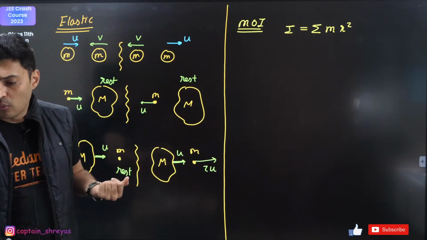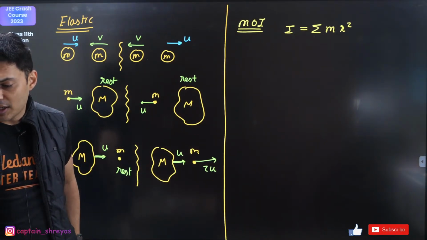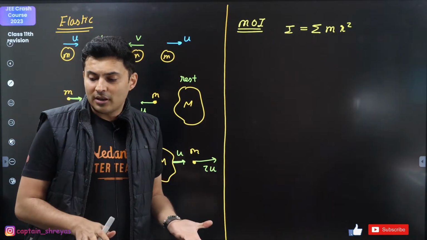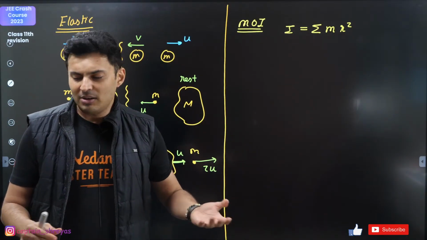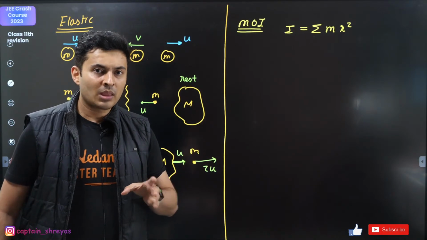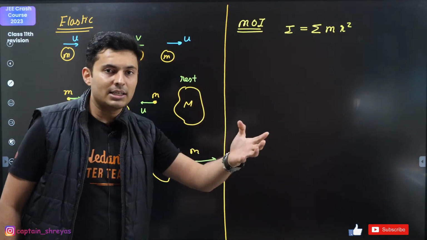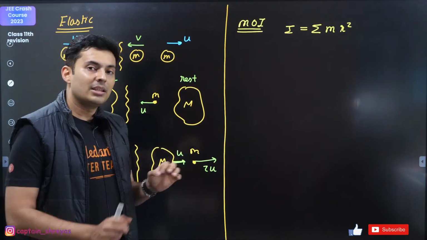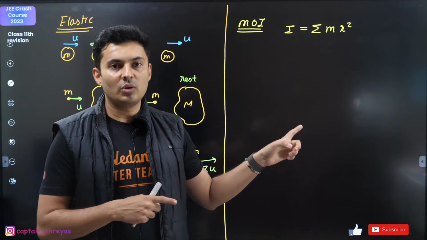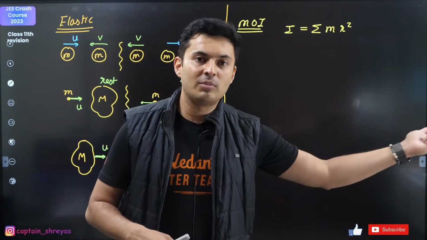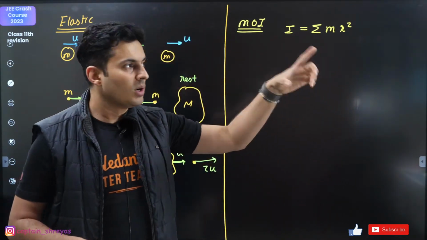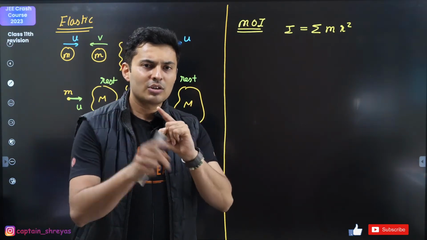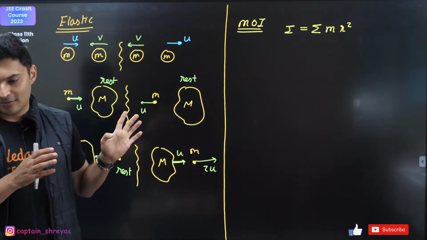So what happens if a 1 kg mass collides with a stationary mass of 5 kg elastically? Akash, 1 kg and 5 kg are not that far apart, so 1 kg is close enough to 5 kg. If it was 1 kg and 500 kg, then you can use the shortcut, or else do not use it. Then you have to write equations. m1 u1 plus m2 u2 is equal to m1 v1 plus m2 v2. Second equation, e is equal to relative speed of separation over relative speed of approach. e will be given, here it is 1. Solve it simultaneously and get the answer.